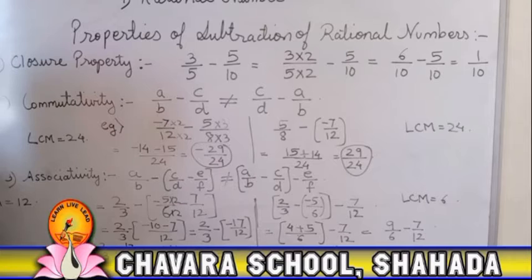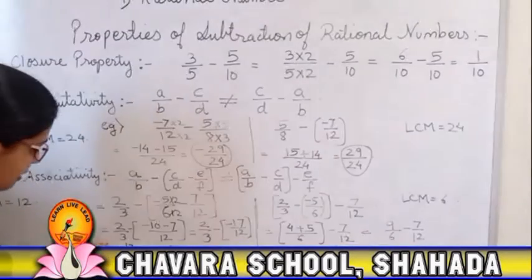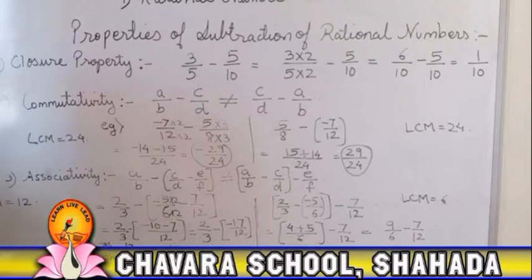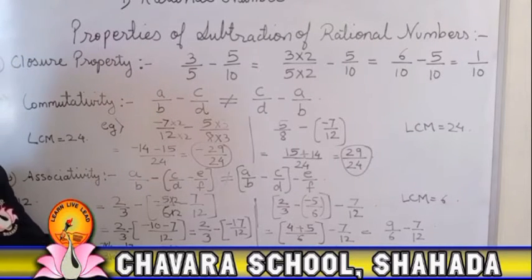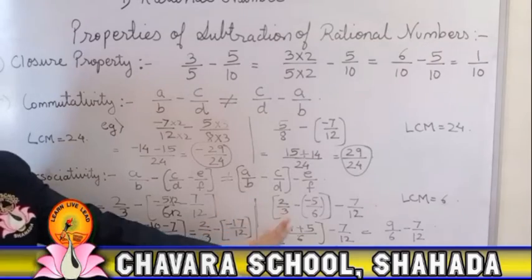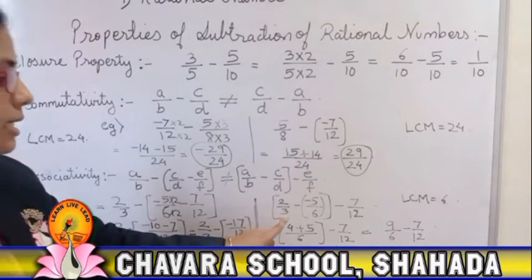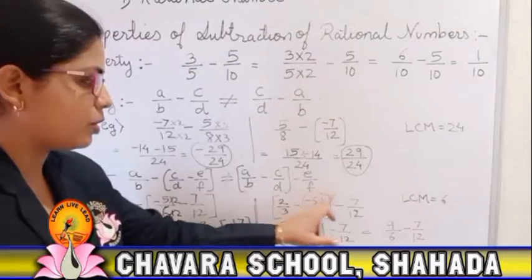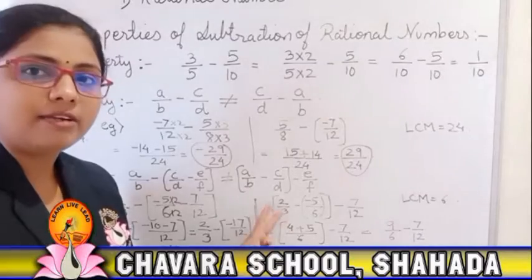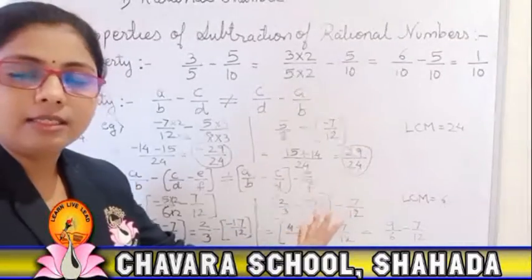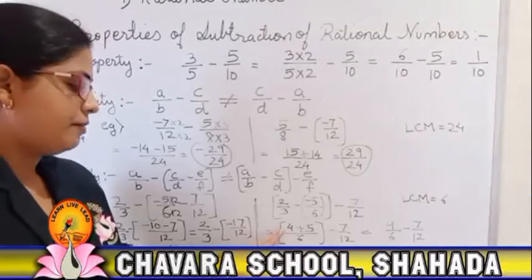Now again find the LCM, and that will be 12. With 3 we multiply 4, and with 2 also we multiply by 4. So it will be 8 upon 12 plus 17 upon 12. Then 8 plus 17 is 25, and 12 as it is. Now we will go for the right hand side. Here we first concentrate on the first and second terms, solve them first, and then go for the third term.